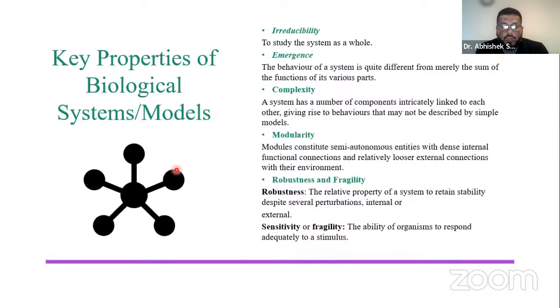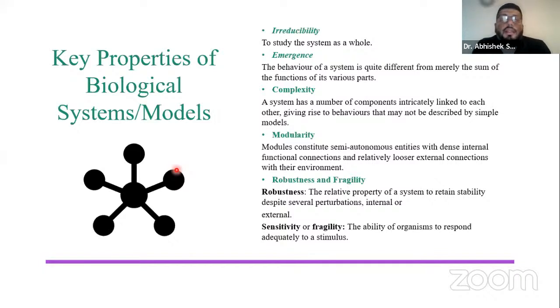So next is complexity. Complexity is definitely a very important property of biological systems. Most of the biological systems are very, very complex in nature. So our aim as systems biologists is to target this complexity, to understand this complexity of biological systems in a certain quantifiable manner, and